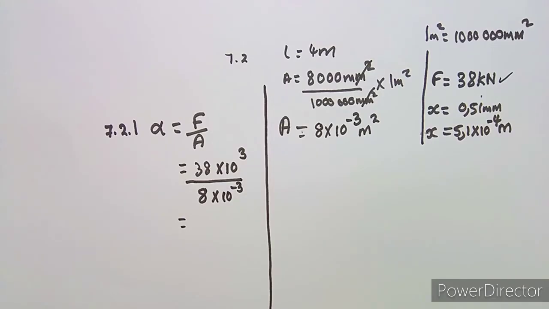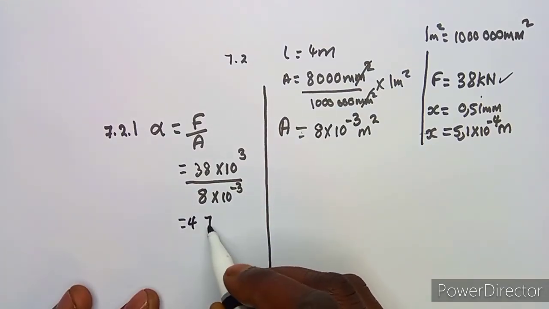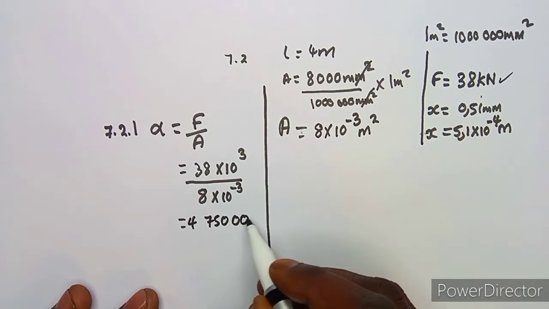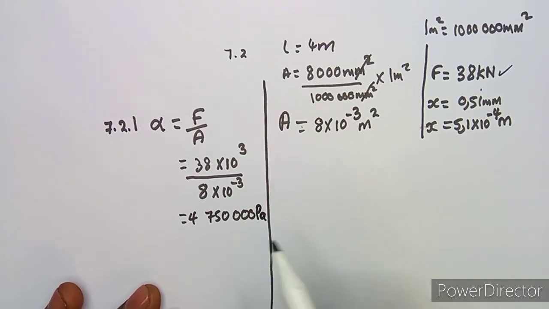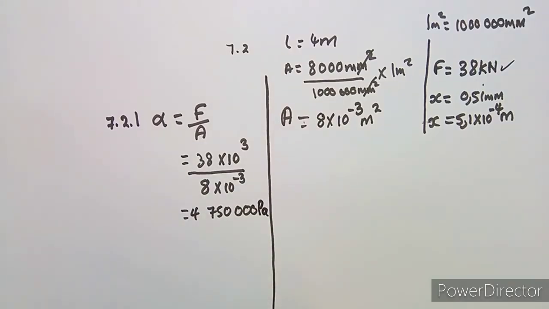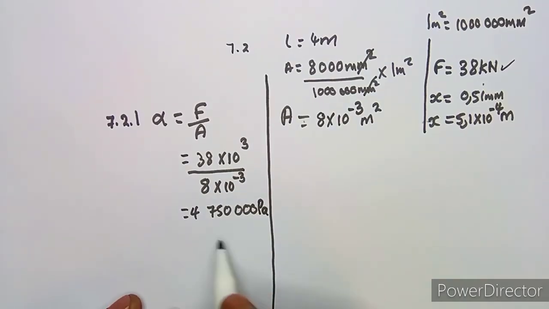All right, so this is going to give us 474,750,000 in pascals. Then we can actually convert to megapascals. How do you convert? Remember, mega is to the exponent of 6. So to convert to megapascal, you divide by 10 to the exponent of 6, and this is going to give us